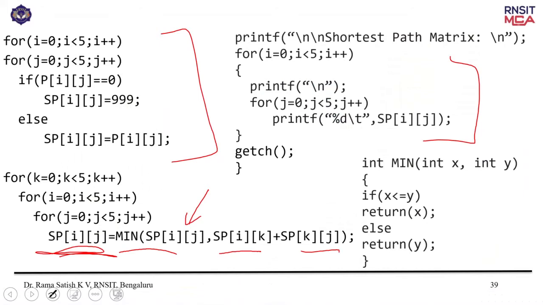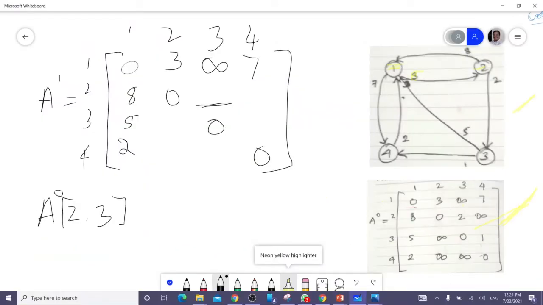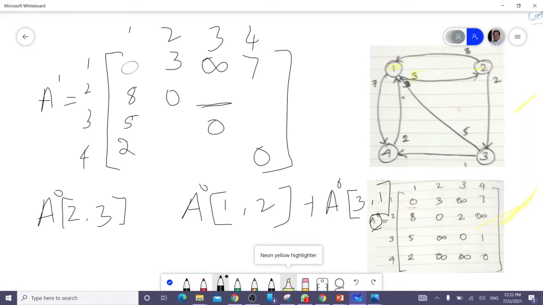If you want to find any value A of i, j, it has to be A of i, k plus A of k, j, keeping 1 constant.